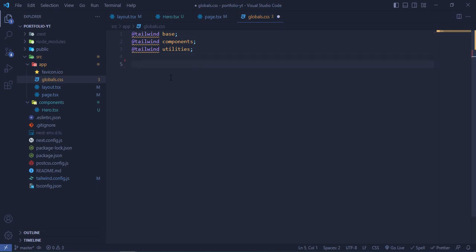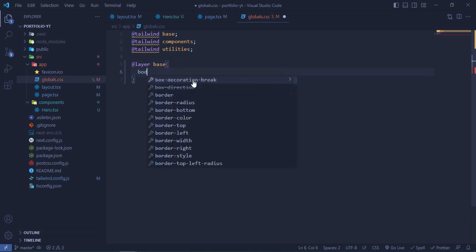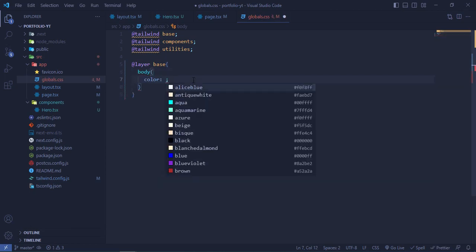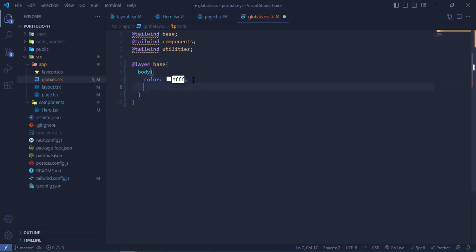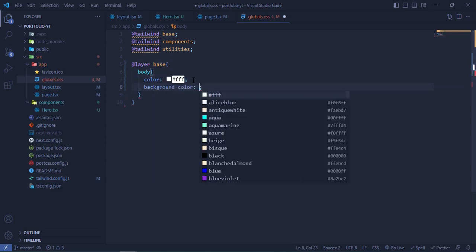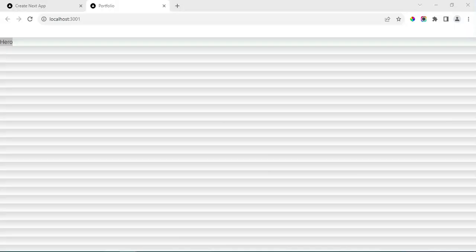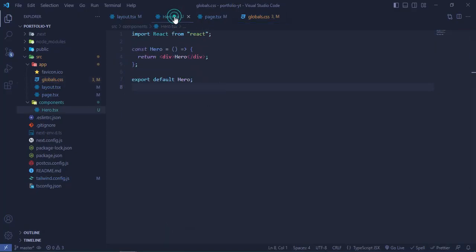Now we will be doing some stuff here. We will take @layer, and target the base layer. Then we take our body, and set the color to white, that is #FFF, and the background color to black, that is #000. So let's go back and check this out. Our background is black and text is white. Okay, looking great. Let's go back to the hero section,